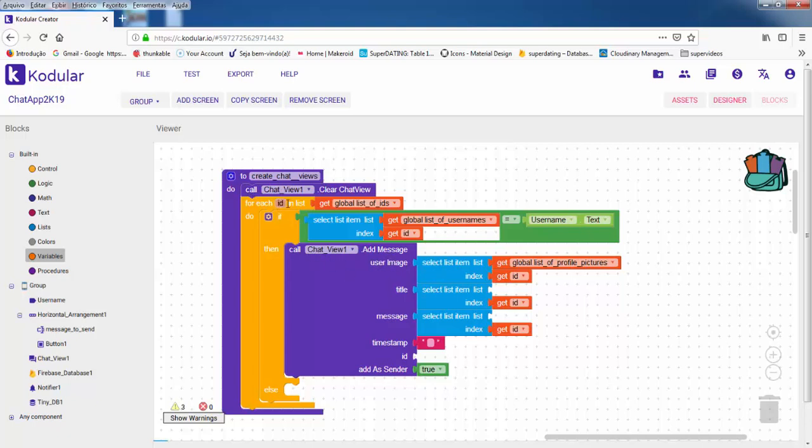So one by one we're gonna set the images in the message in the ChatView component. So every time the message is sent by the user that is using the application now, that sent the message,